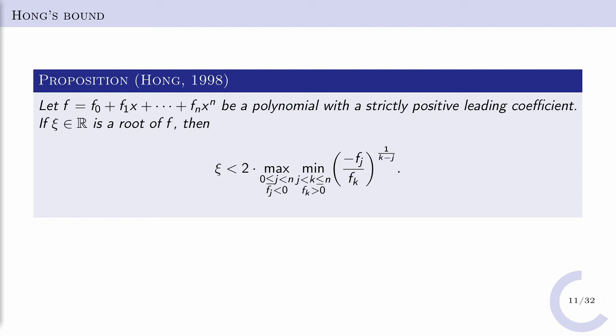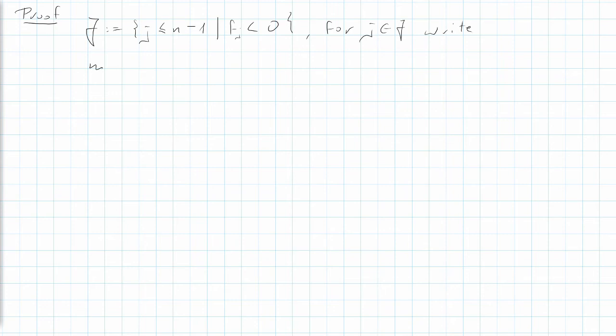Let me present a proof of this theorem again. We'll do it in the following way. Let me again write J for the set of indices corresponding to negative coefficients. So this is the set of j less than n minus 1, such that f_j is negative. And for j in J, write m_j for an index k such that